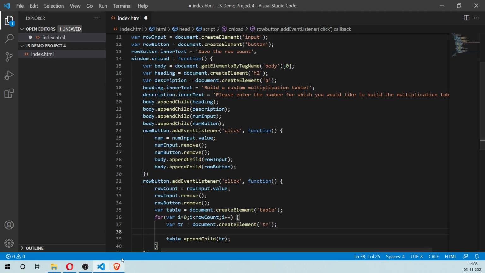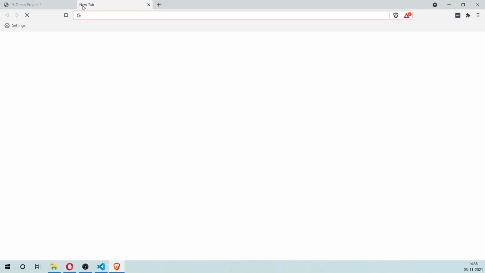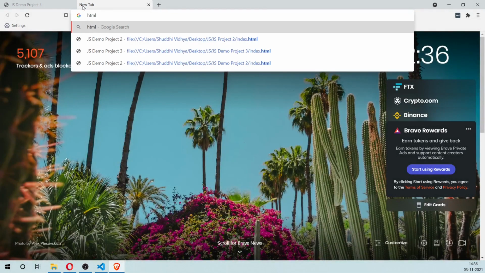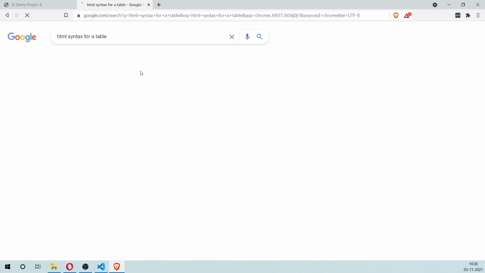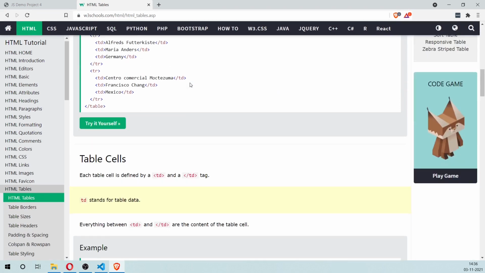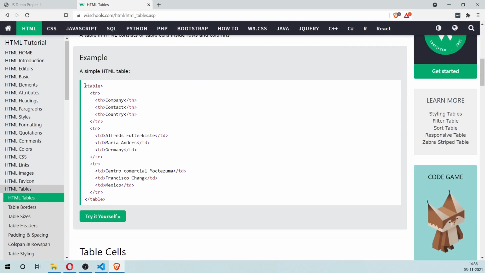Now at this point it may seem really complex, so let's actually have a look at the HTML syntax for a table. This should give you a fair idea as to how it all works. So you have the table tag, which is basically the outermost tag, and within that you have the tr tag. So the table contains several rows, and each of the rows is contained within the tr tag, and inside each row there are cells. Okay, and each cell has the td tag wrapped around it. So this is a particular cell, and the td tag contains the contents of that cell.